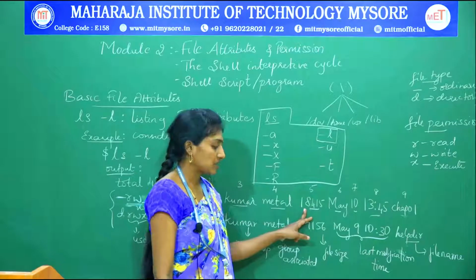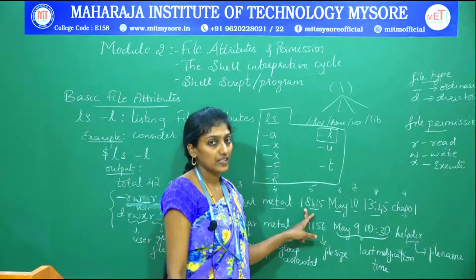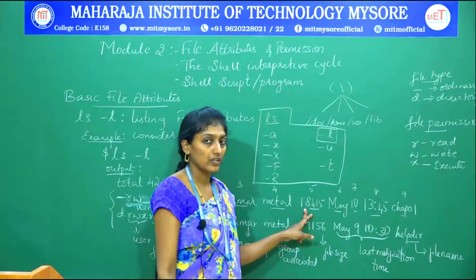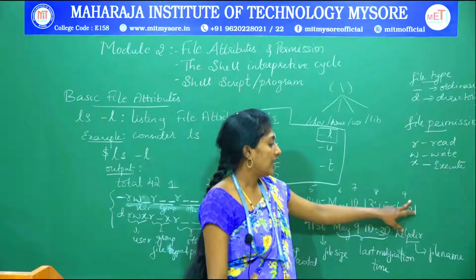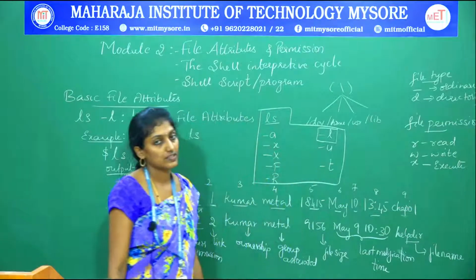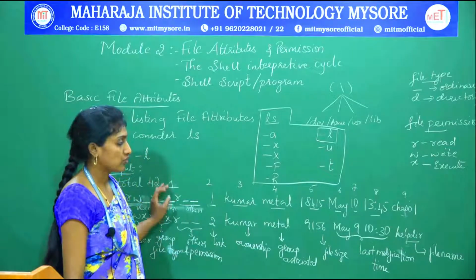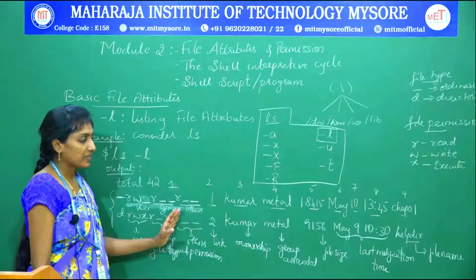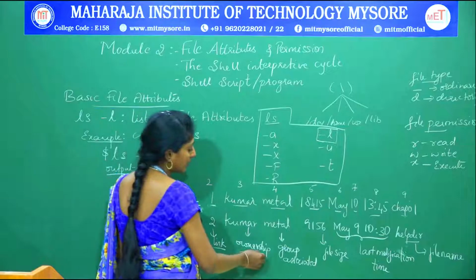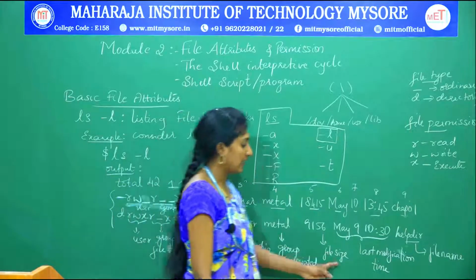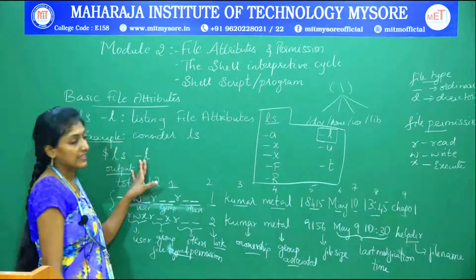Next, the fifth column displays the file size, in terms of bytes, representing the amount of data, that is the count of the number of characters. Next, the last modification time takes the 6th, 7th and 8th columns, and the last column, the 9th, represents what? The file name. So this is about your ls -l command. I hope you have understood, because I have written what each content represents: file type and permission first, link second, ownership, group associated with that file, file size, last modification time and file name.